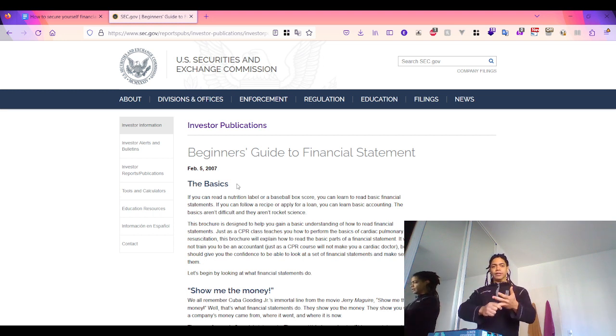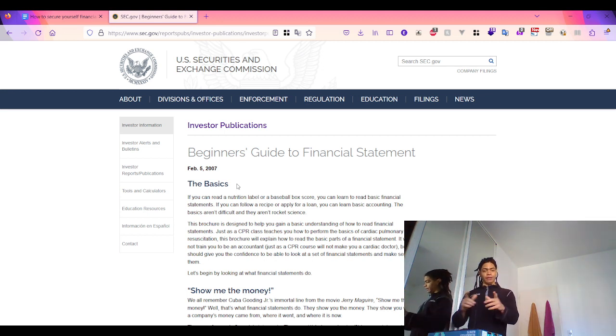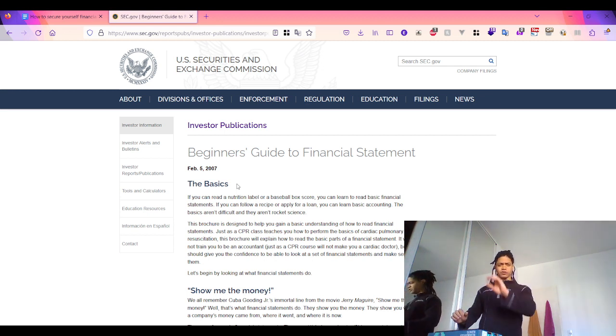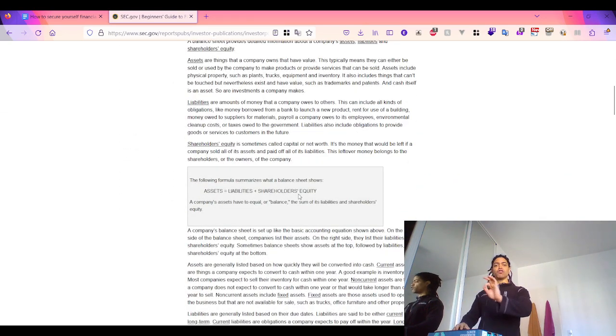The statement of shareholders' equity shows changes in the interest of the shareholders over time. In this section, they only focus on the first three. Balance sheet, the TLDR of this is generally